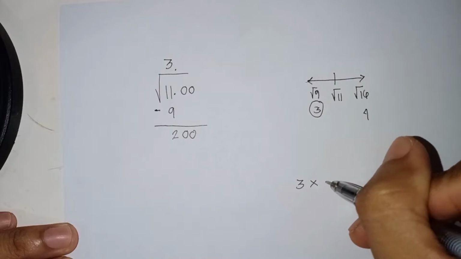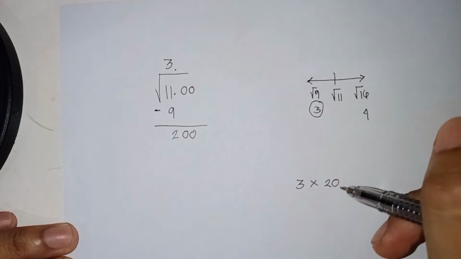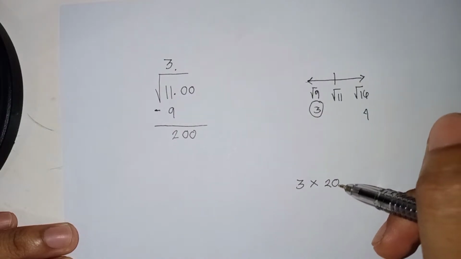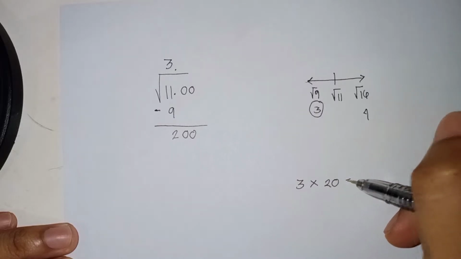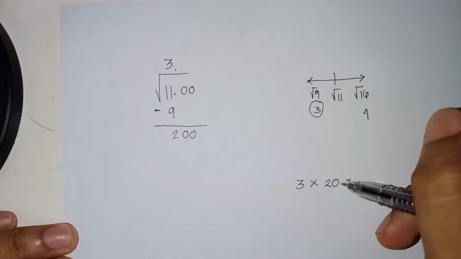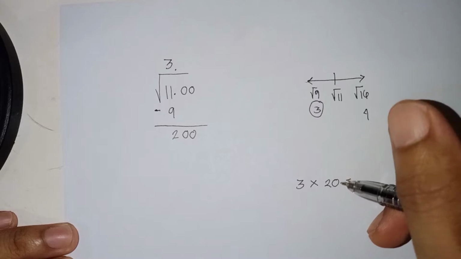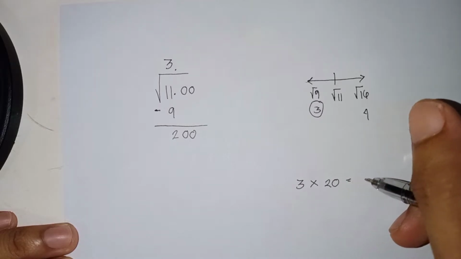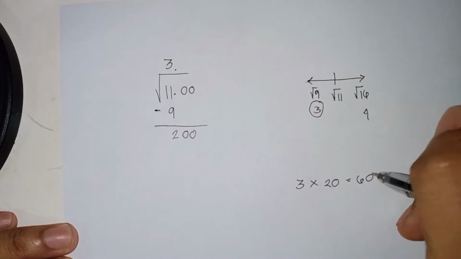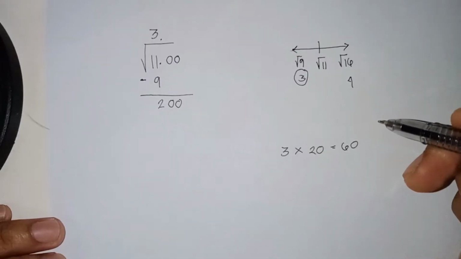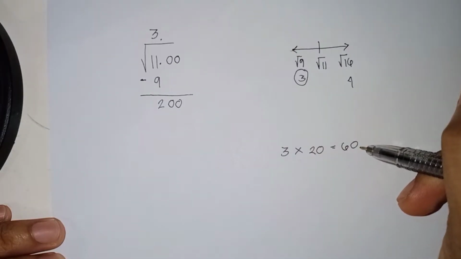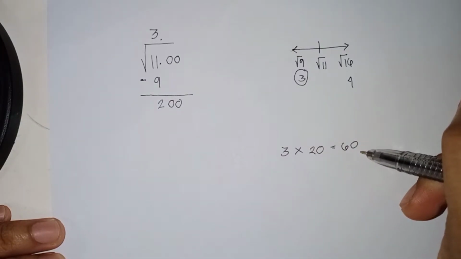So kukunin ko yung 3. So i-multiply ko siya sa 20. So na-discuss ko na to saan galing itong 20 doon sa part 1. So palagi tayo magkakaroon dito ng multiplier na 20. So 3 times 20 is 60. Next is that we're going to think of a number na i-add natin dito sa 60 wherein yung sum nito